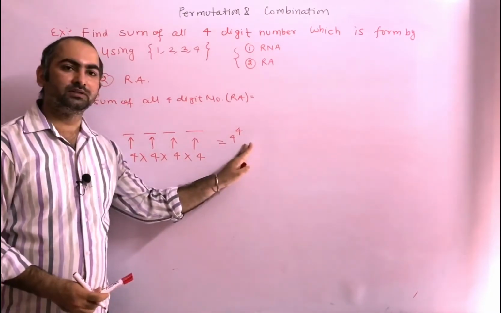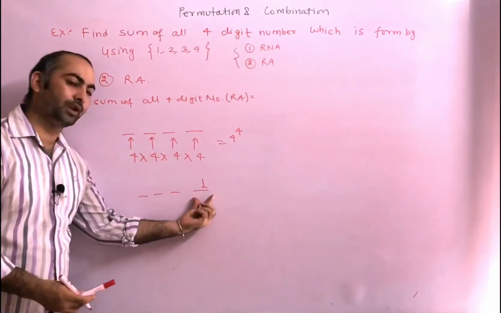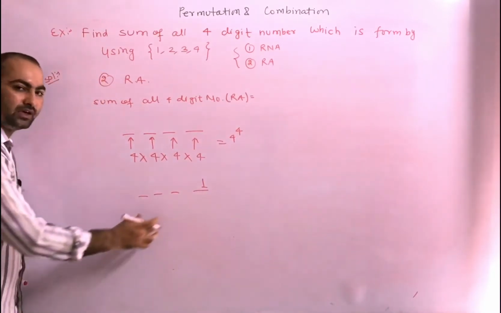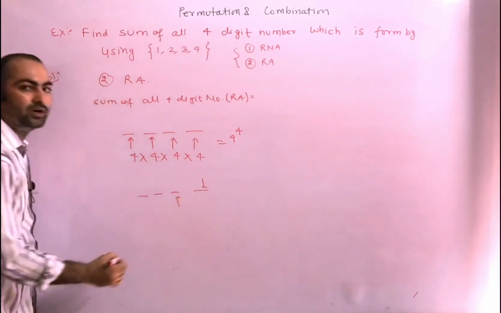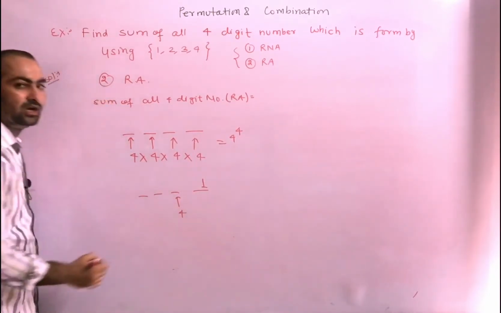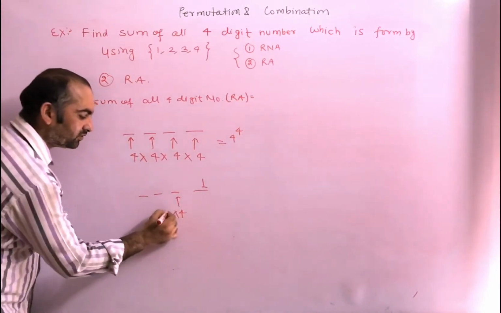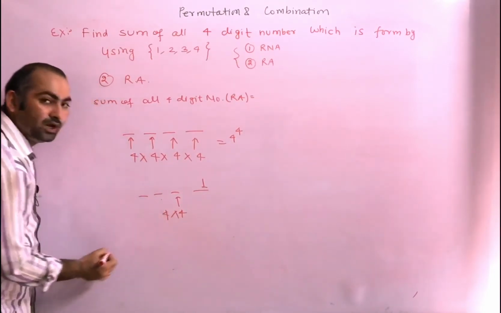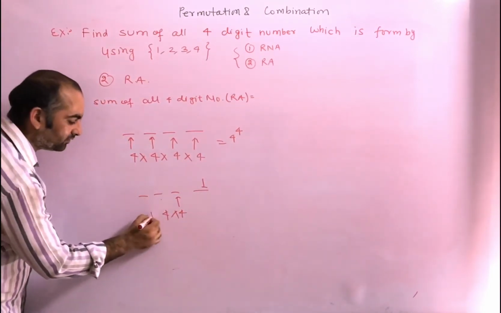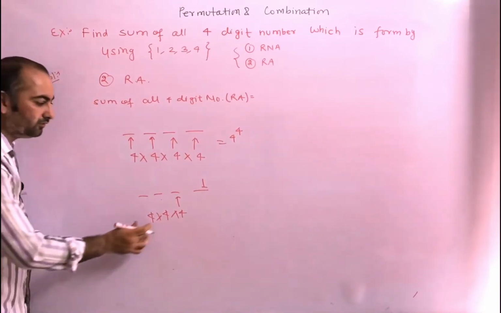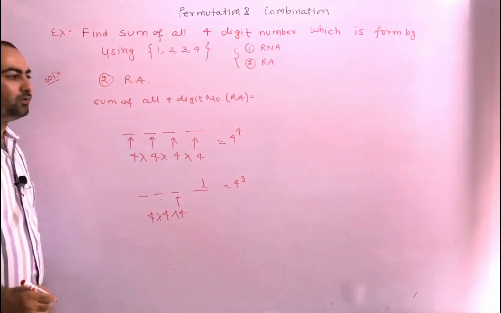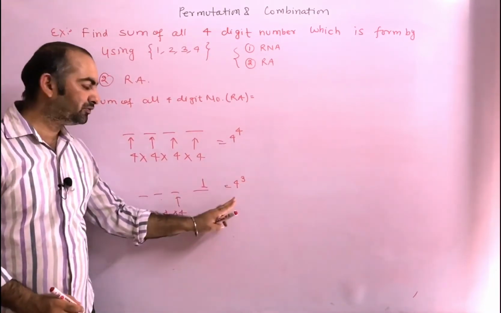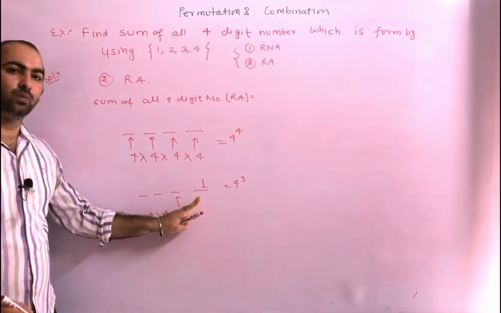Okay, now if I take unity place as 1, then we are finding out of 4 power 4 numbers, in how many numbers the unity place is 1. So you have to fill the other 3 places also. Here how many numbers can come? 4, because repetition is allowed. Similarly this place you have to fill, so 4. This one also, 4. So 4 into 4 into 4, that is 4 cube. So we can say that out of 4 power 4 numbers, there are 4 cube numbers where the unity place is 1.